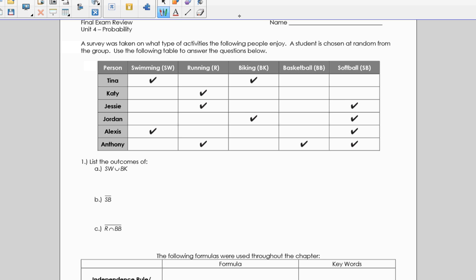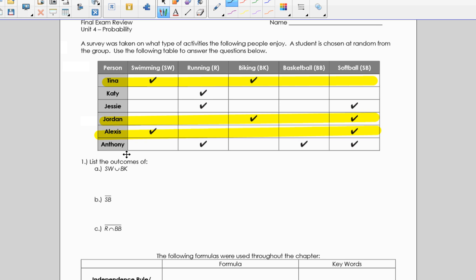So if you look at the first one, we have a chart of people, the activities they like, and then who they are. So right now we're just listing outcomes. So it says the outcomes of people who like SW, which is swimming or biking. So anybody who falls in the swimming or biking category, so that would be Tina. She happens to have both. But remember, or means one or the other. Jordan falls into biking, so he's good. And Alexis falls into swimming. And then they're the only three. So that means those outcomes, remember we want brackets, would be Tina, Jordan,